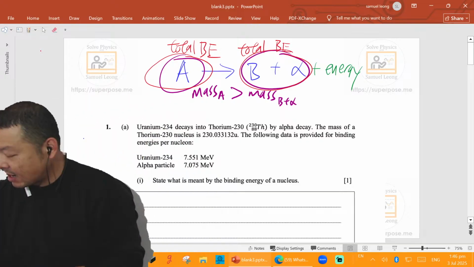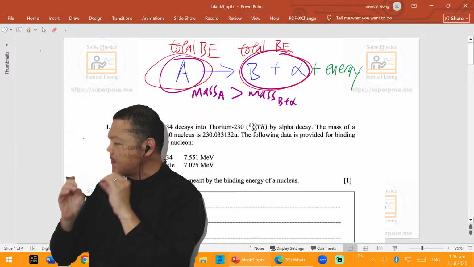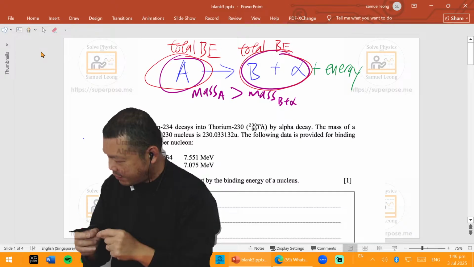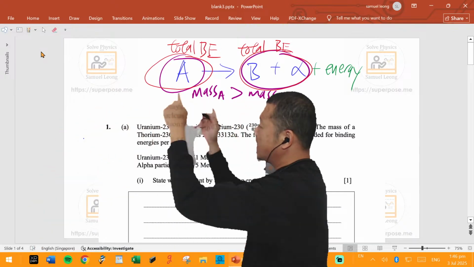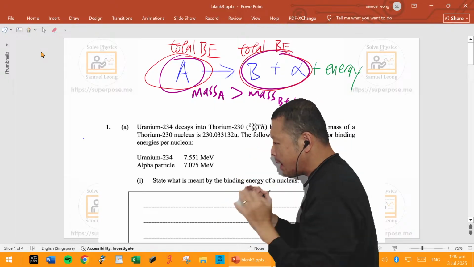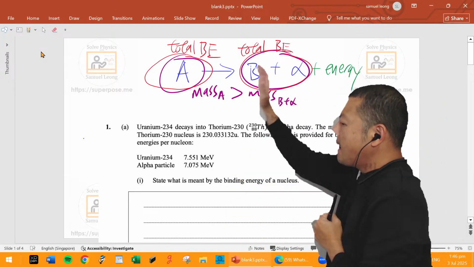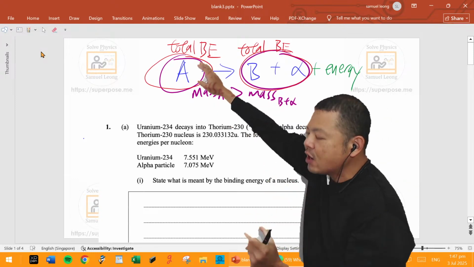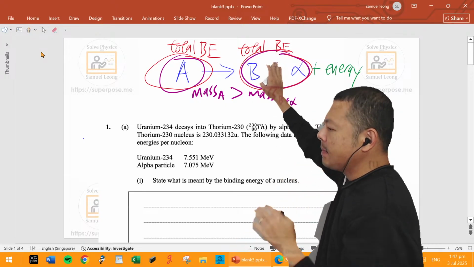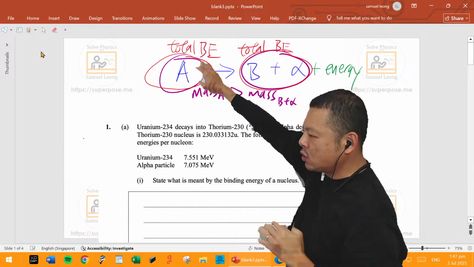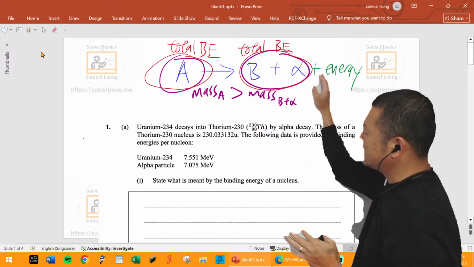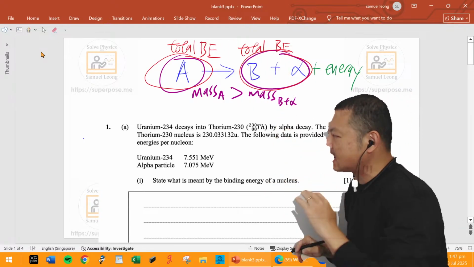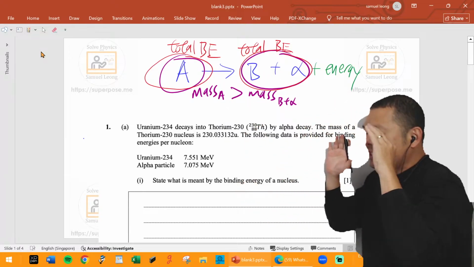Now, if that boggles your mind, then that means you haven't been paying attention to all the lessons, because it's a very clear-cut thing that I mentioned in E3, E4, E5. You might have to go and search for it. I was doing a question on total BE. You've got to remember that if energy is released, mass decreases due to the mass defect, but the total BE, the numerical value, increases. If you search online what happens to binding energy during a nuclear reaction when energy is released, you will see some textbooks say it decreases and some websites say it increases. So who is right?